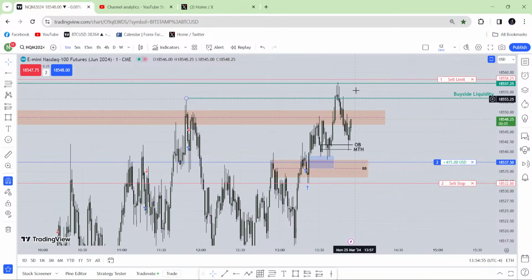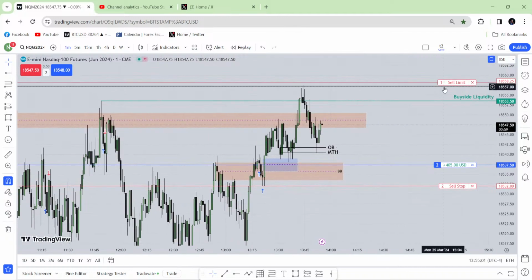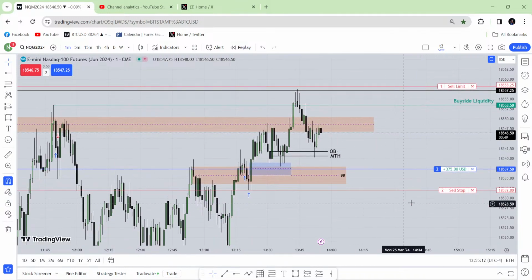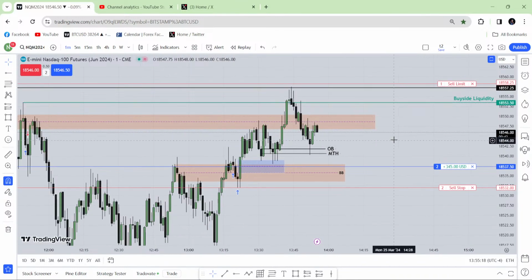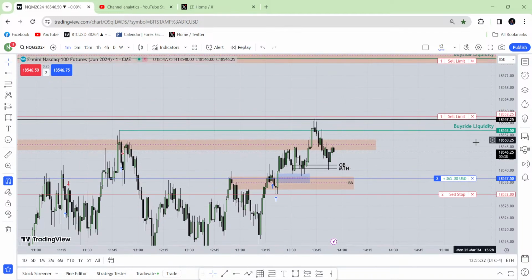Okay, so over here you can see it came to the rejection block exactly. That is the rejection block. I missed it. I was too hurried, so I put my first partial target over there. I should have put it over there. I missed it, but it is what it is. I just can't move it right now, even if it turns and hits me. I don't know what to say. When a winning trade actually turns into a losing trade, it happens sometimes. It's really so difficult to